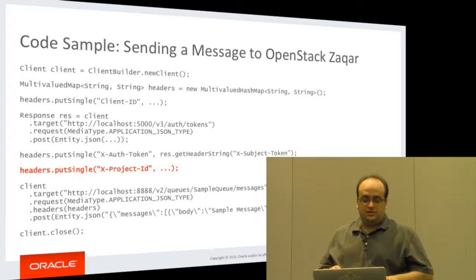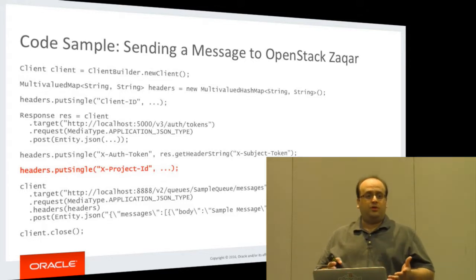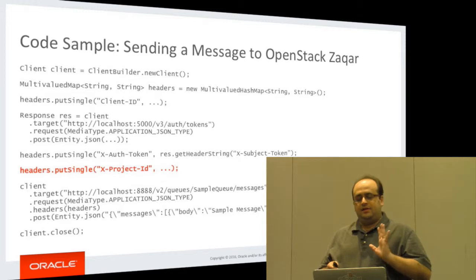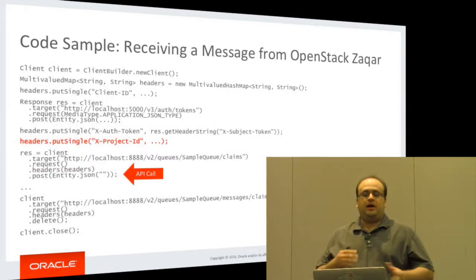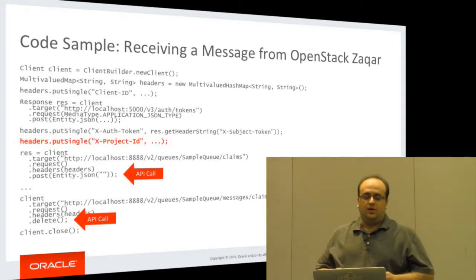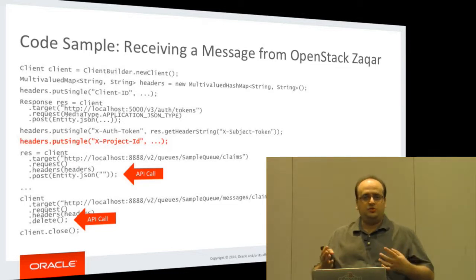The other important thing about this slide is that you only make one API call to send a message to Zaqar. It's very important. The number of API calls can be very important for performance, and it can be very important for pricing. So keep in mind for now that Zaqar only takes one call to send a message. To receive a message, it takes 2 because you actually have to claim it and then delete it, which is a common pattern in all these cloud messaging services. For those of you that, like me, come from the Java world, you are not used to this. You're used to a single receive operation that also deletes, right?